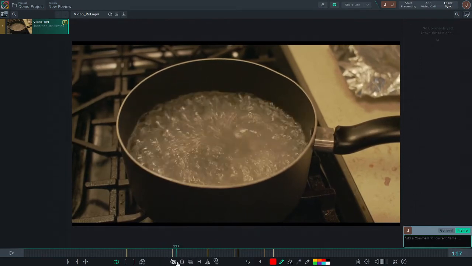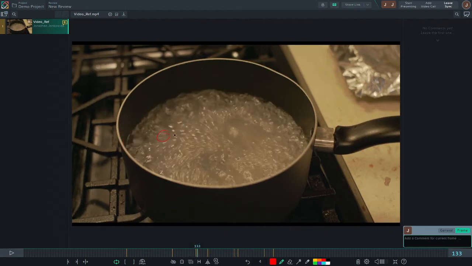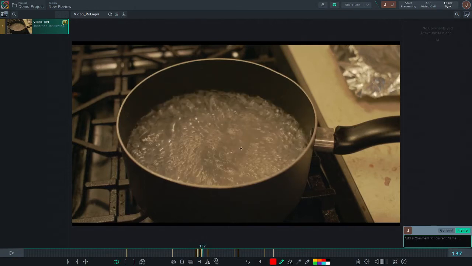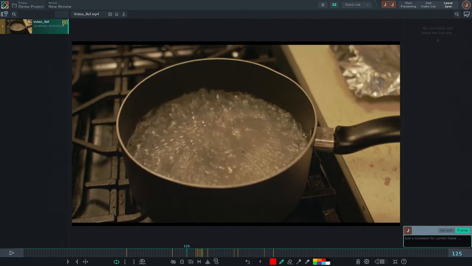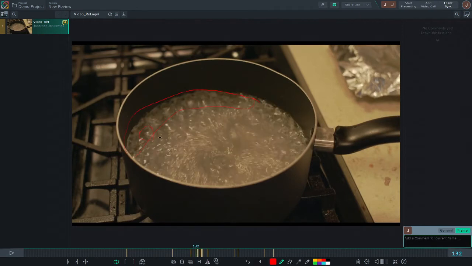And to me, it seems like the bubbles here aren't actually popping. Just off of memory, I always thought that when something boils, it would rise to the surface and pop. But it seems to me like they're getting formed here, but their bubbles are actually moving to the center and then into here. And that's really important because now I'm thinking a good way to do this is if I had